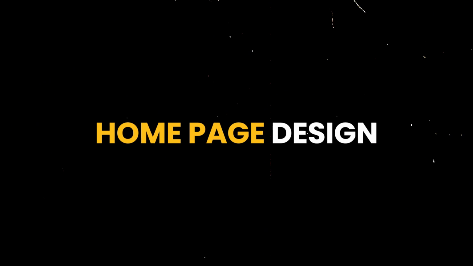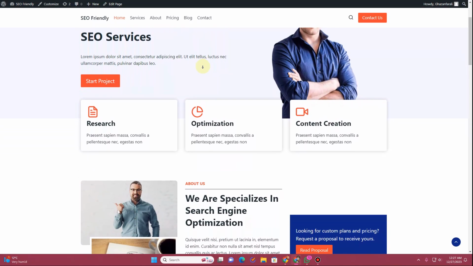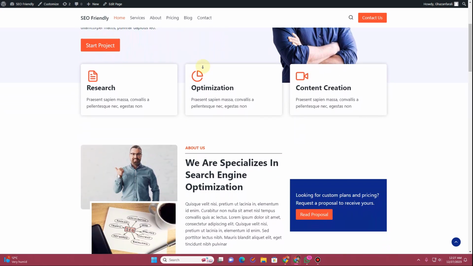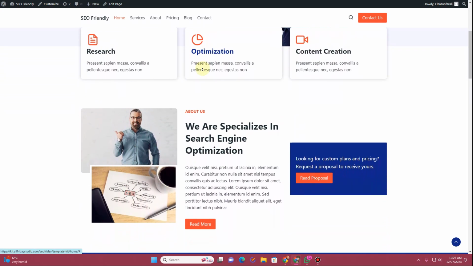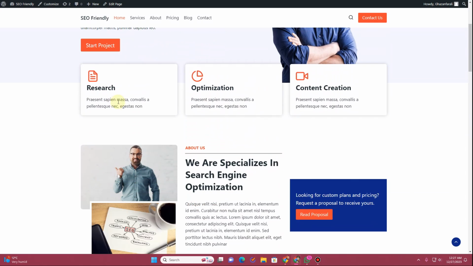In this video, I'm going to show you how you can create this beautiful homepage design using the Kadence theme. We will be using Kadence Blocks and the Kadence Blocks Pro plugin along with the Kadence theme. So right here you can see we have this beautiful homepage hero section, and then we have this overlapping content